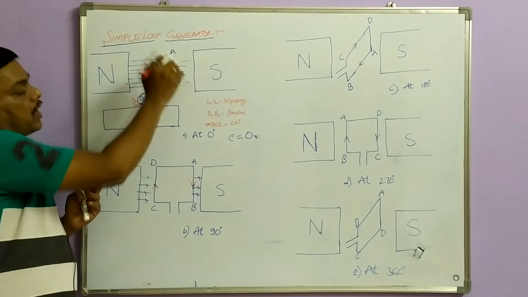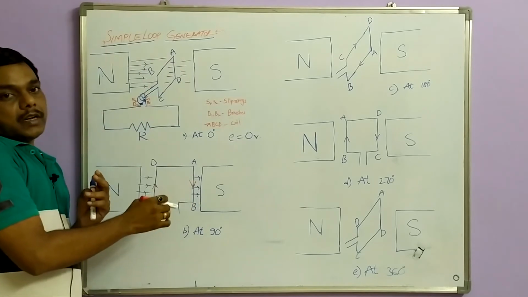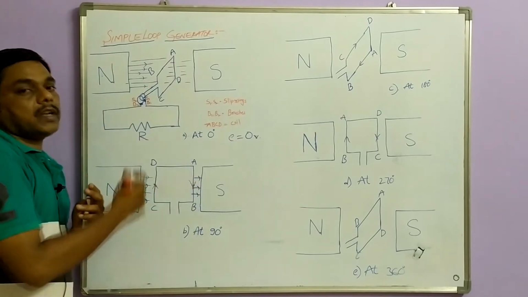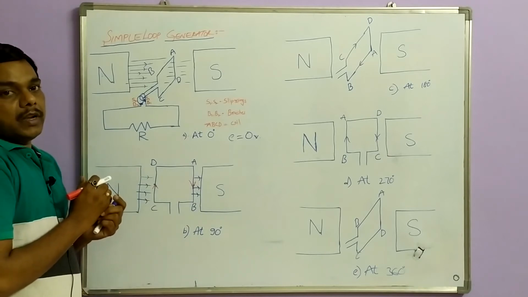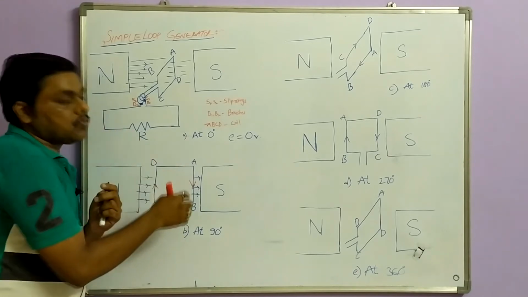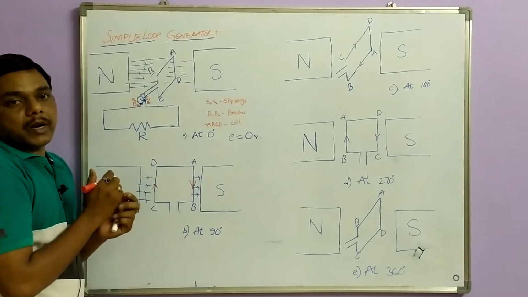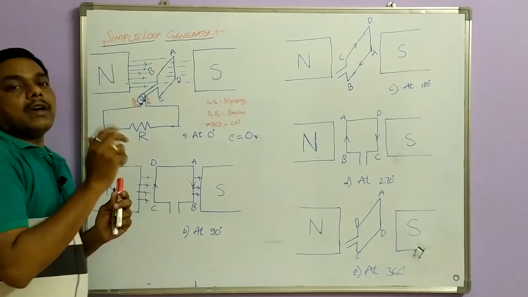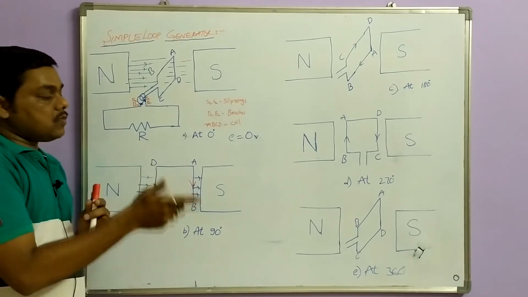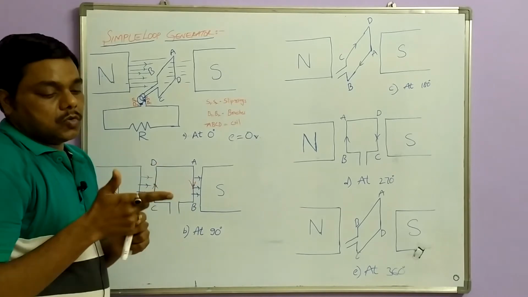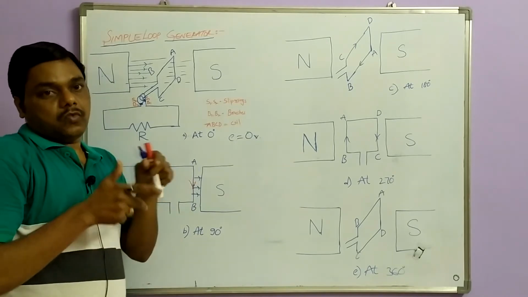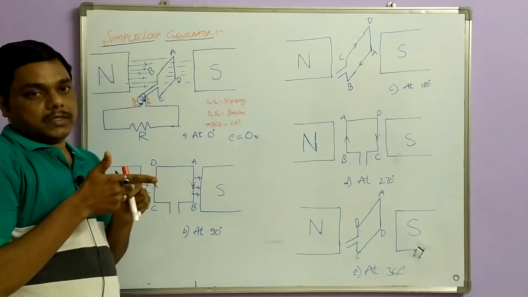Now you know Faraday's laws of electromagnetic induction are used for the generator working principle, and the induced EMF and the direction of current are determined by Fleming's right hand rule. So what is Fleming's right hand rule? You stretch your thumb, forefinger and middle finger.